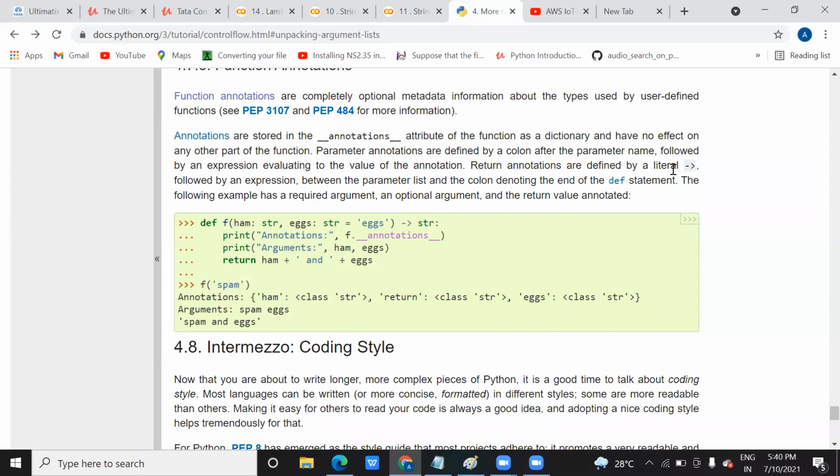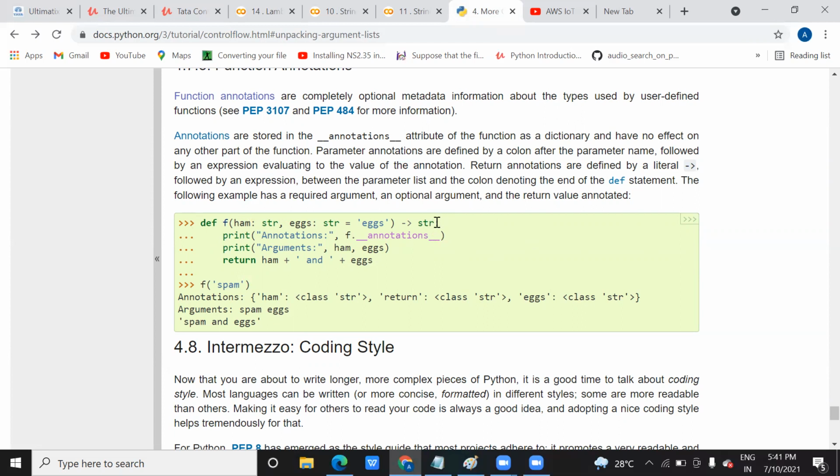Return annotations are defined by this thing we need. Here it is saying that in this annotation, when we want to define any function in such a way that this string variable, the whole content of this function f, will be initialized and work on this string.